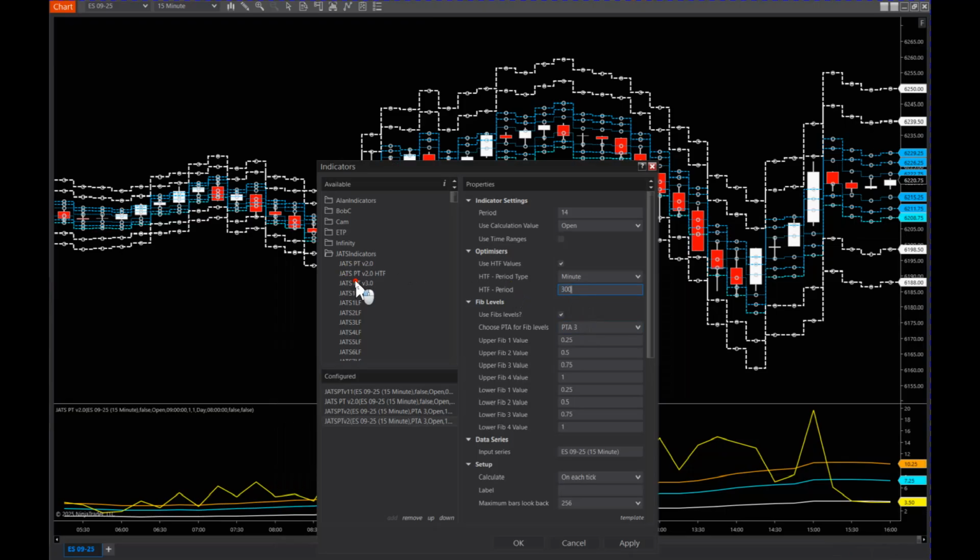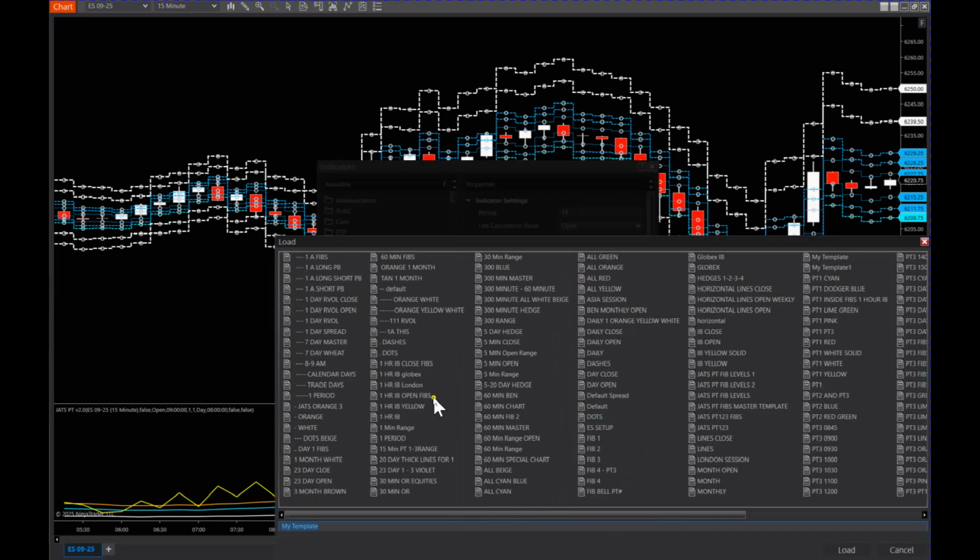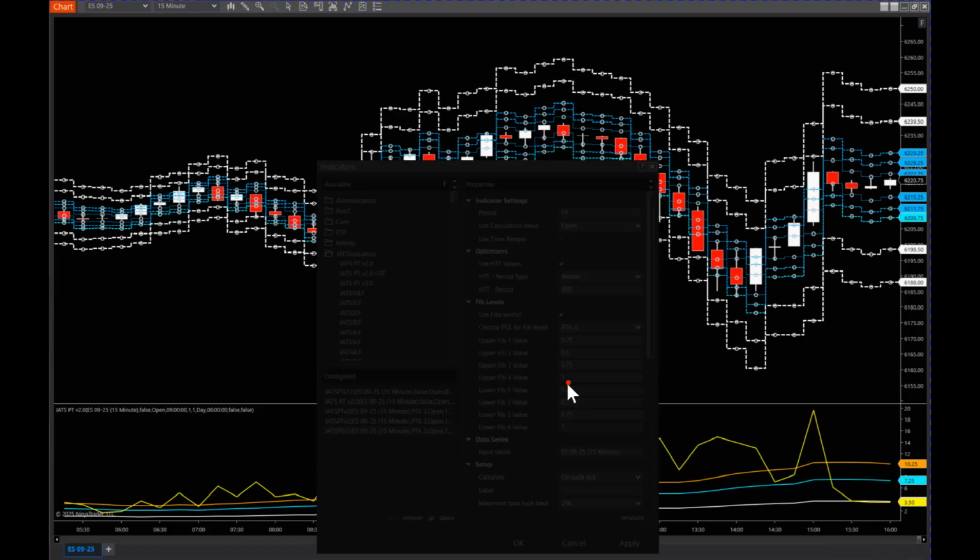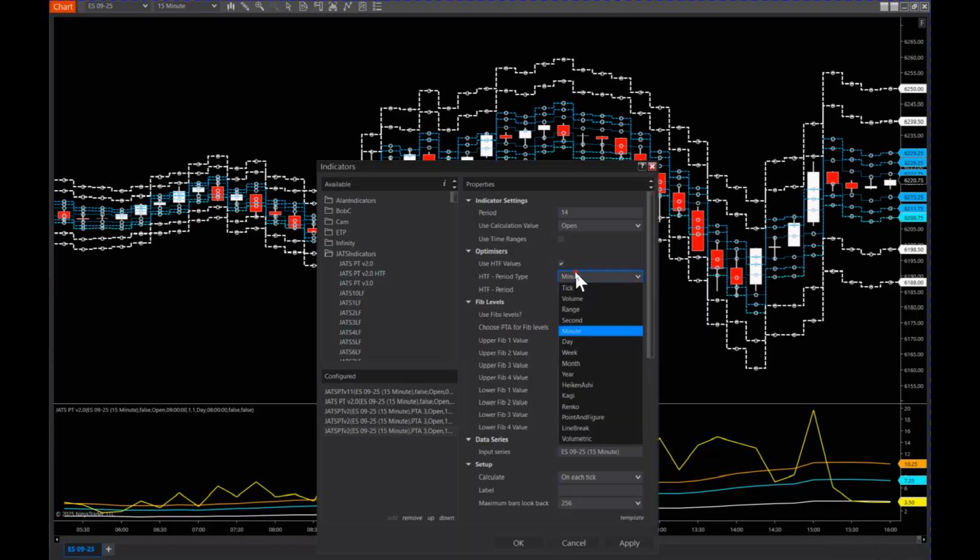And a daily. Just keeping the templates consistent so that you can, all right,